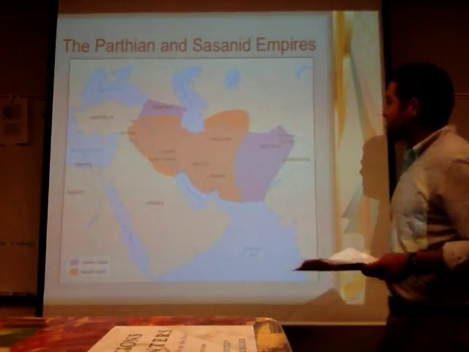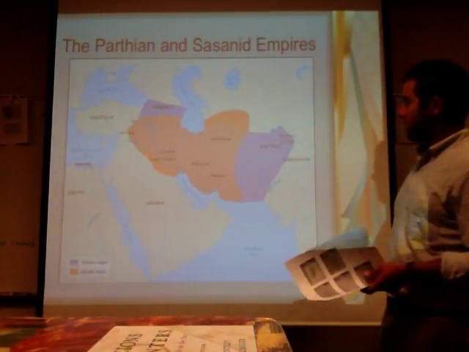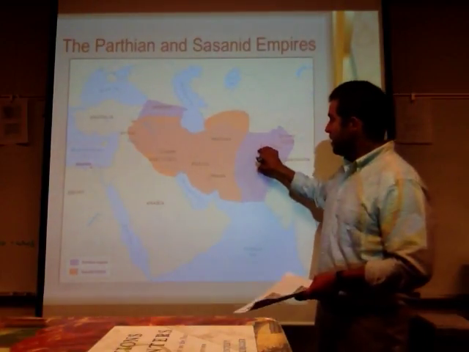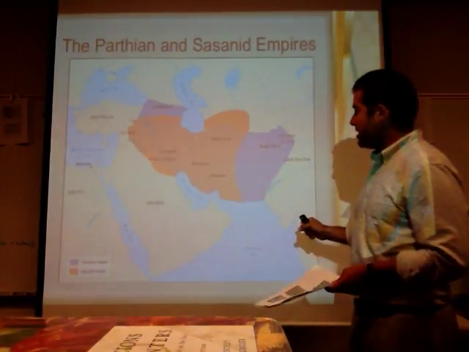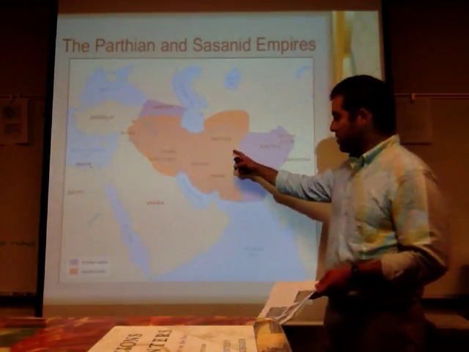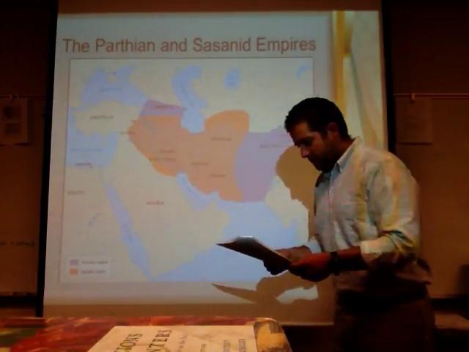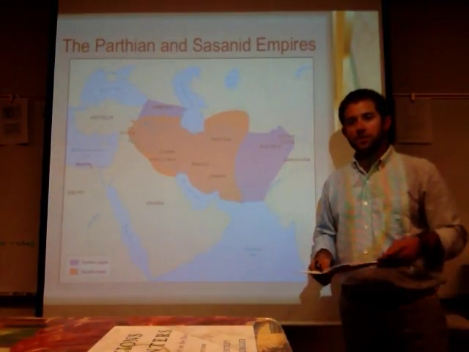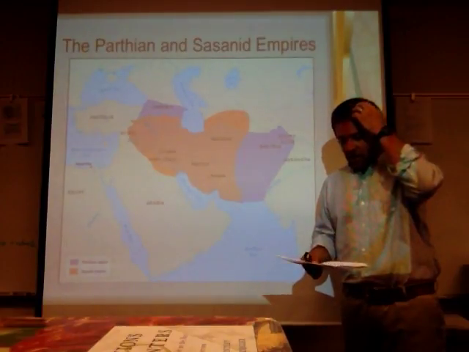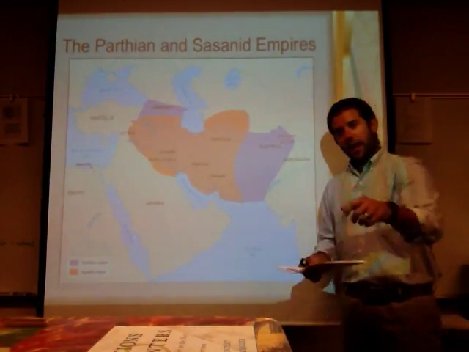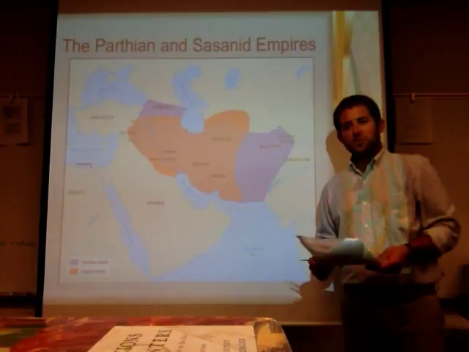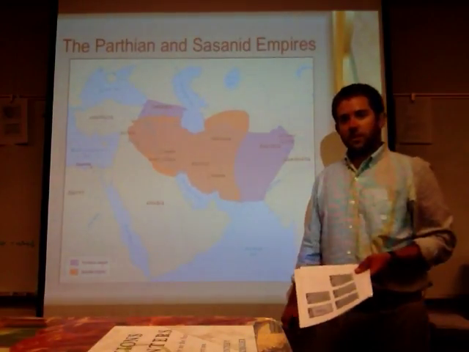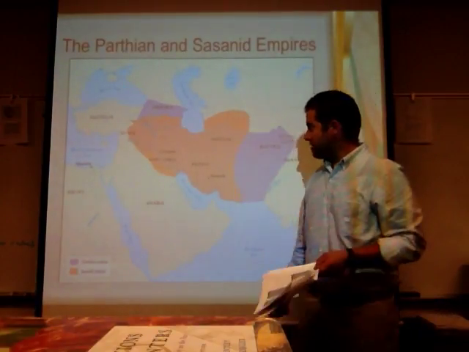And just a map of a couple of empires. You see the Parthian here in purple, right, and then the final one, the Sassanid, here in orange. And that does it for our talk on politics and political structure of Persia. Our second talk will focus on social structure, economics, and trade, and then also just touch briefly on Zoroastrianism, which was a very significant cultural aspect of life in classical